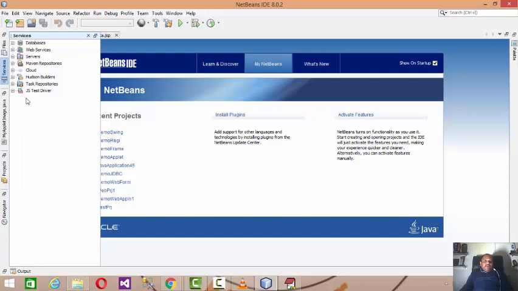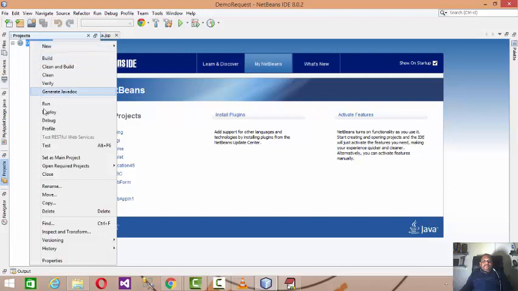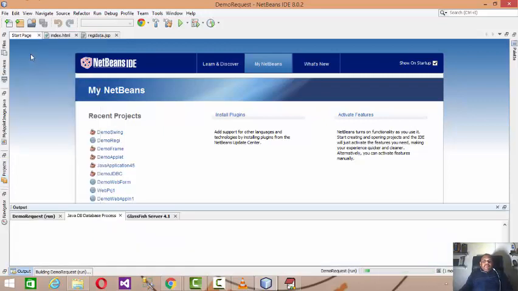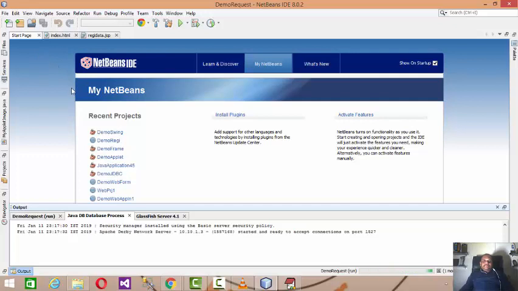So what I'm trying to say is that whenever you run your web project, it will start the services of the Glassfish server or Apache Tomcat server, and the project name will become a virtual directory.